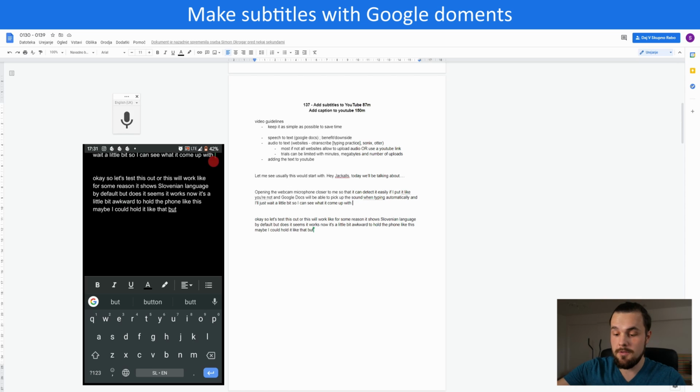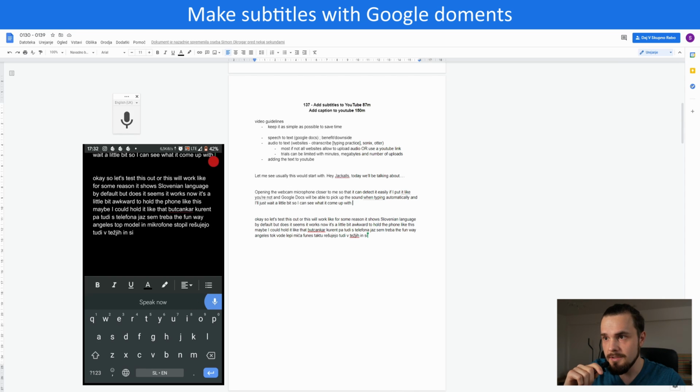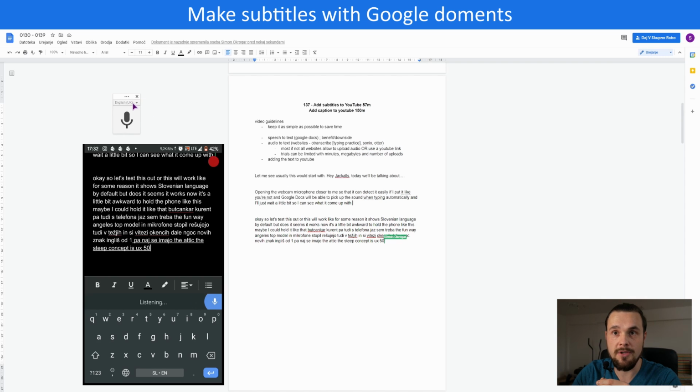So what you can do is use a lapel microphone. Just a simple one. Press on the record button, put the phone away and just talk with the lapel microphone stuck to your shirt. But as you can see, the language now is not English again, and I have no idea why. I would have to fix that, but just as a proof of concept, this works. But make sure that the language is set to English, just like I had to set it here to English.